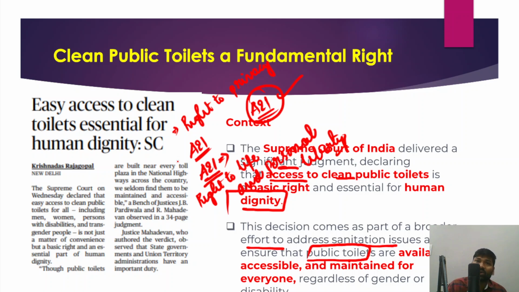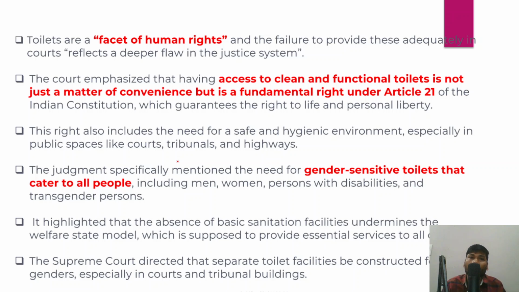And recently the Supreme Court has also held that clean public toilets is a fundamental right under Article 21 of the Indian Constitution. In fact, the Supreme Court has held that toilets are considered a facet of human rights, and the failure of the state to provide adequate access to toilets in courts actually reflects a deeper flaw in the judicial system, right? So it actually reflects a deeper flaw if the judiciary or the state is not able to provide access to toilets irrespective